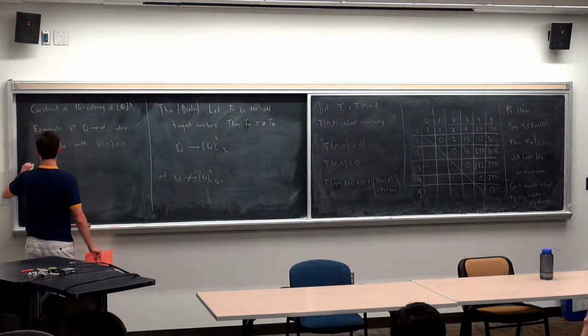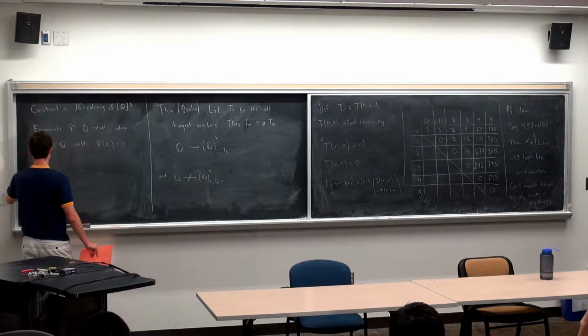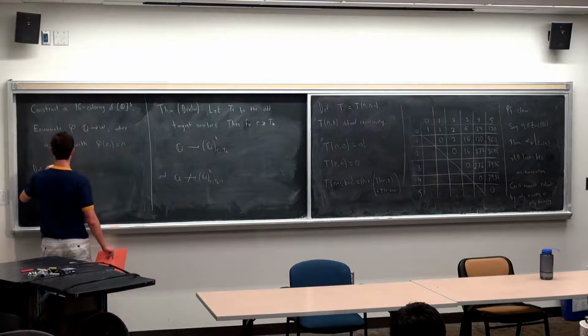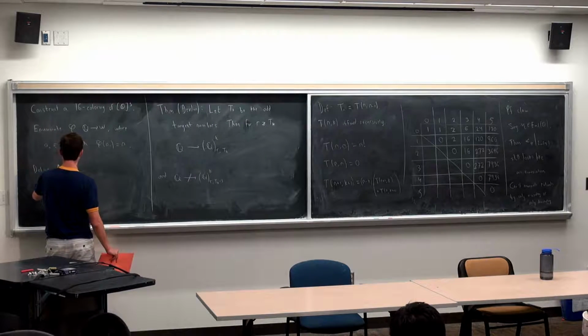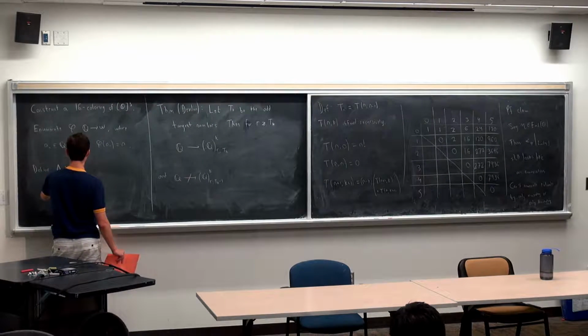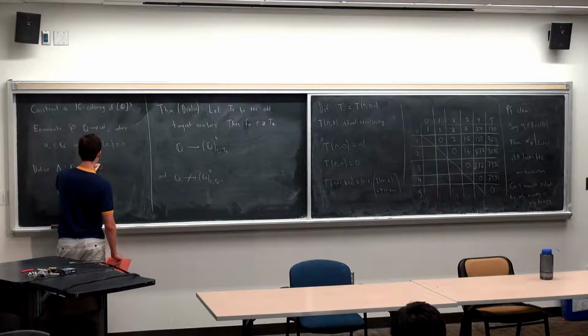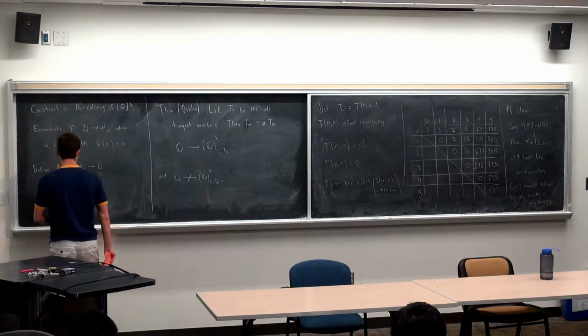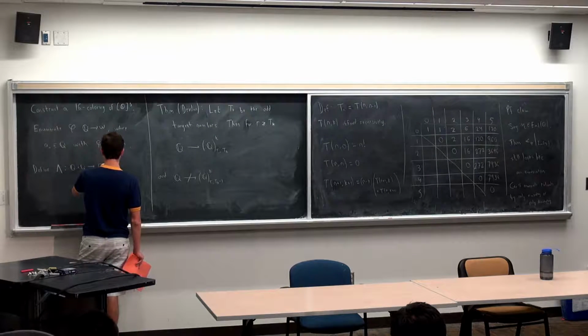What we're going to do is define the following wedge operation. Wedge is going to go from Q cross Q to Q via,